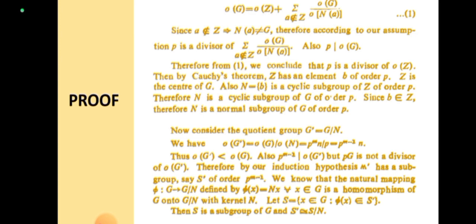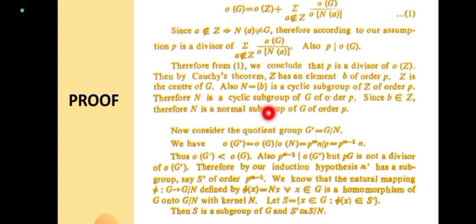Now since A does not belong to Z, this implies N(A) is not equal to G. Therefore, according to our assumption, p is a divisor of the sum of the order of G divided by the order of N(A). Also, p divides the order of G. Therefore, from 1, we conclude that p is a divisor of the order of Z. Then by Cauchy's theorem, Z has an element B of order p. Z is the center of G. Also, N is equal to the set generated by B,